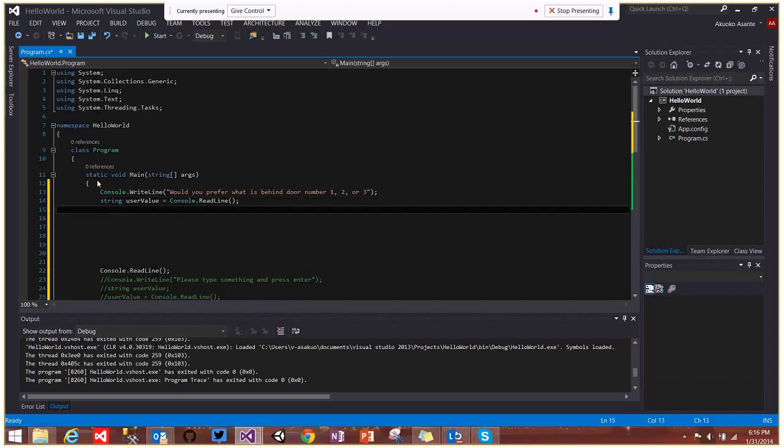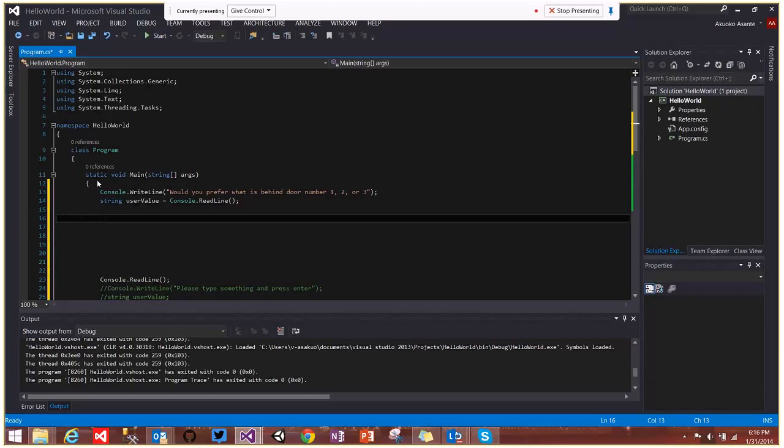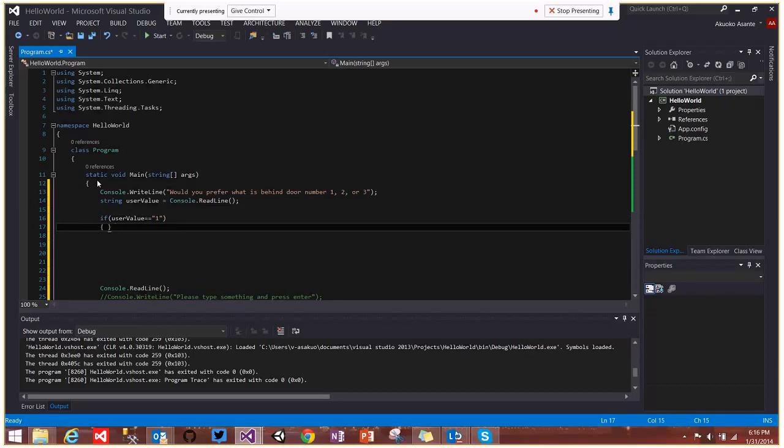Then now I'm going to start with my decision statement. If user value is equal to 1, I want my application to display